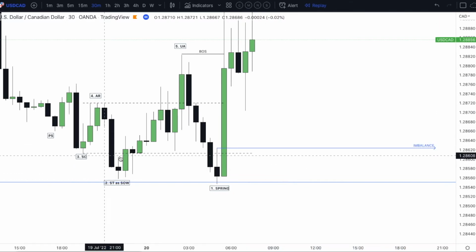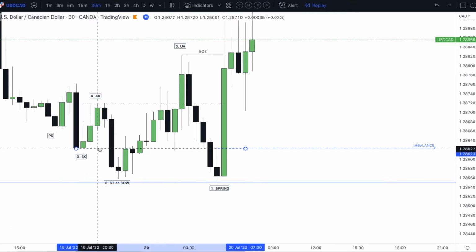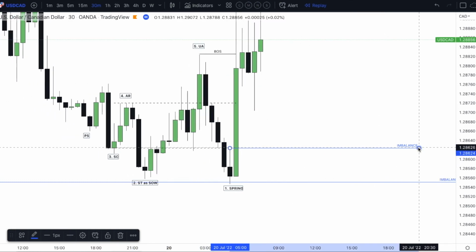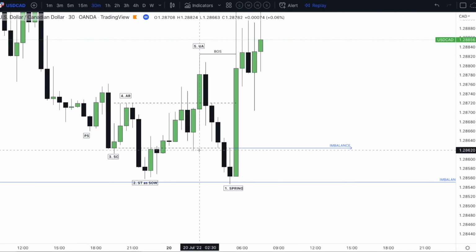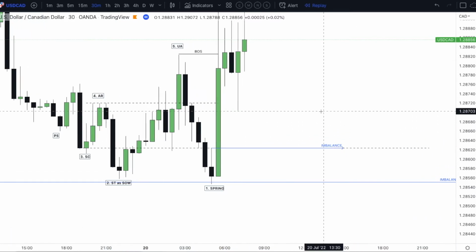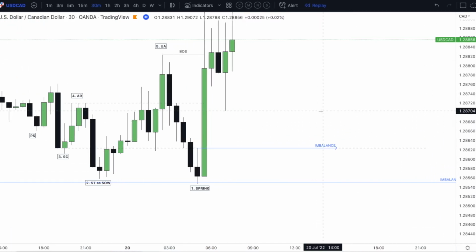Now, because we see that this is close to our trading range, we can move this up to the body here. And as we notice, this aligns perfectly with this imbalance. This is considered as trading range alignment. Now, when you have trading range alignment, this serves for high probability trades. Okay? So that's what we want to look for. Now, trading range alignment is not a requirement, it's a confluence. But a lot of times when we have trading range alignment, we definitely want to look to that for our